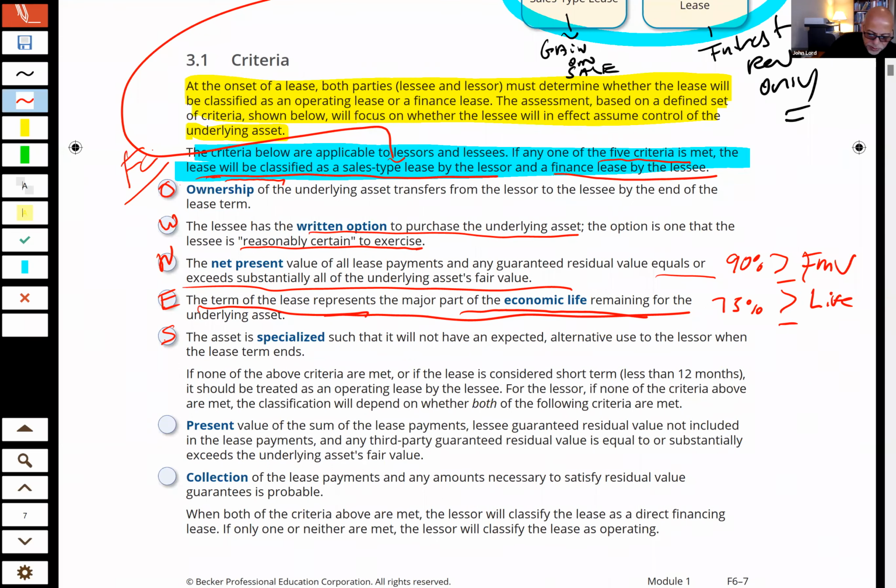Okay. Now, you can see that you only have to meet one of them. And it makes sense that you only have to meet one of them because once you've triggered one of these, hey, you're buying the thing, right? If none,